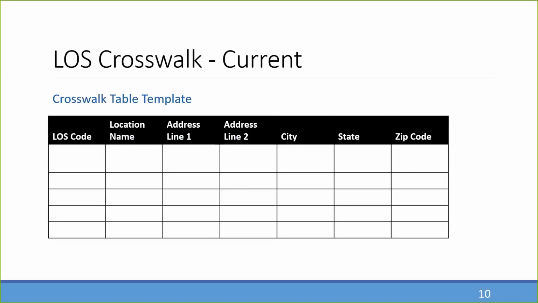So for those of you that submit outpatient data, you're very familiar with what we call the location of service crosswalks. What was being displayed right now is the current template that those crosswalks are submitted to us. We ask you to submit those on at least an annual basis and additional updates as information changes throughout the year. So right now, you've been submitting the code, the location name, address, line 1 and 2 if necessary, city,